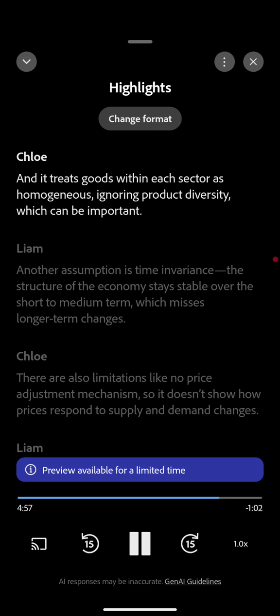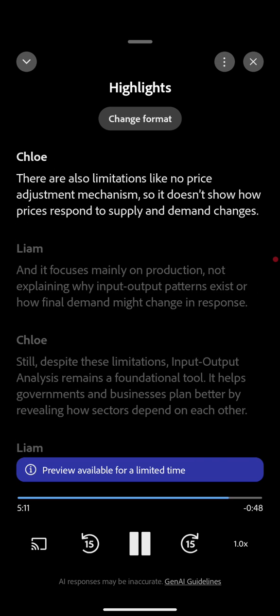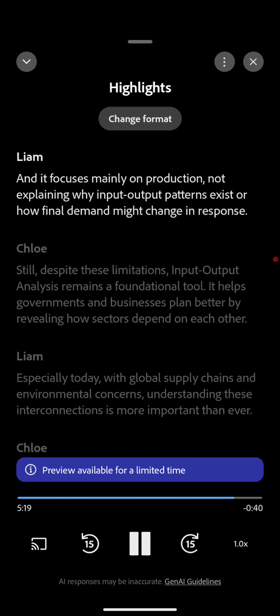And it treats goods within each sector as homogeneous, ignoring product diversity, which can be important. Another assumption is time invariance. The structure of the economy stays stable over the short to medium term, which misses longer term changes. There are also limitations like no price adjustment mechanism, so it doesn't show how prices respond to supply and demand changes. And it focuses mainly on production, not explaining why input-output patterns exist or how final demand might change in